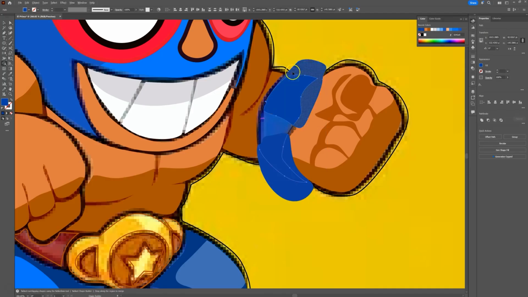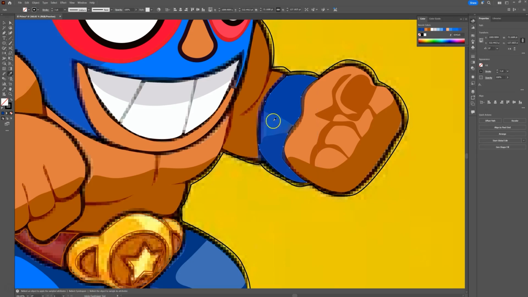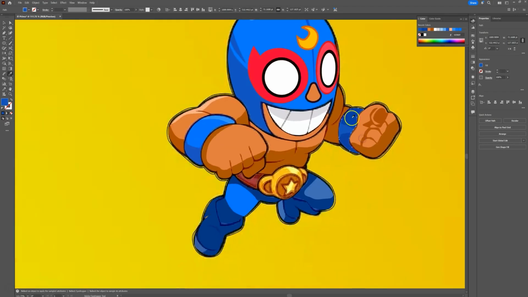Shift M. Get rid of this. Shift M. Cool. Now, the color. Boom. We got that. Got the arm. We got that. And then whatever we have left, I think is kind of like the start and this part